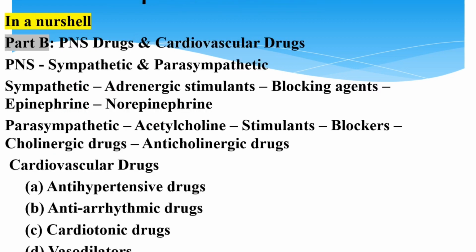Then we moved on to Part B. Under Part B, we have learnt about PNS drugs. PNS drugs refer to peripheral nervous system drugs and cardiovascular drugs. Under PNS drugs, we have learnt about sympathetic adrenergic stimulants and blocking agents. We have also learnt about parasympathetic acetylcholine stimulants and blockers. We call them cholinergic drugs and anticholinergic drugs. And under the cardiovascular drugs category, we have learnt about hypertensive drugs, antiarrhythmic drugs, cardiotonic drugs, vasodilators, and